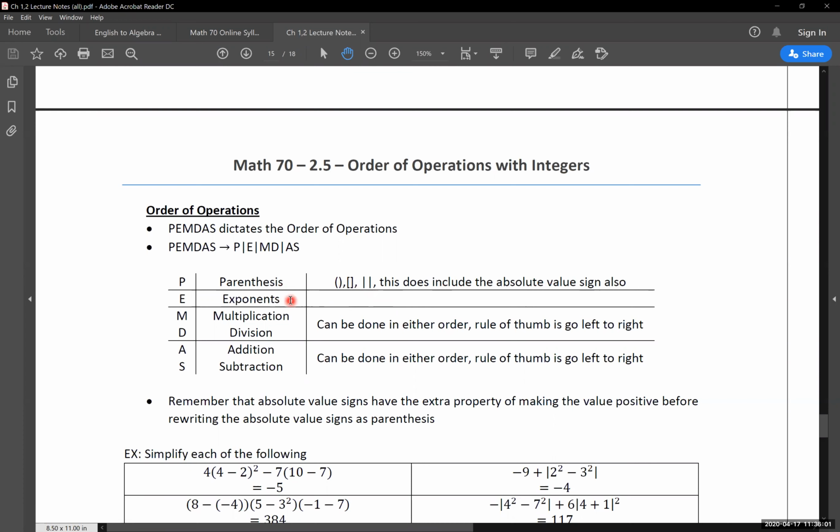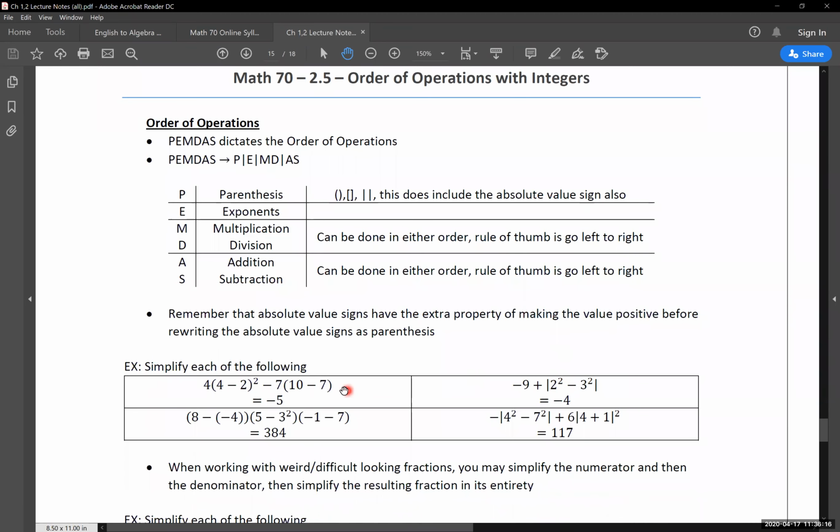Everything else though, exponents, we work with the same way, multiplication, division. Again, rule of thumb is to go left to right if you're not sure what to do. Addition, subtraction, same thing. Rule of thumb is go left to right if you're not sure which one to do. And then we just have more advanced, kind of gross looking problems that are showing up with this. But each and every one of these are going to be utilizing PEMDAS as a step-by-step process for solving this. Okay. So looking at our time, we're going to try and get through at least these first 2 examples, nothing else. And then we'll call that there.